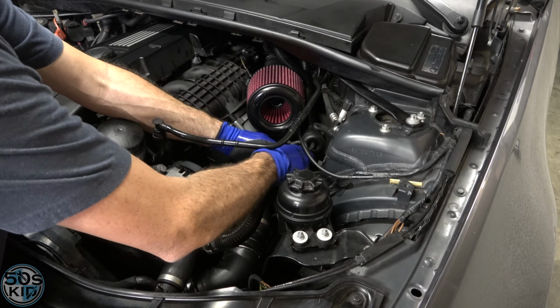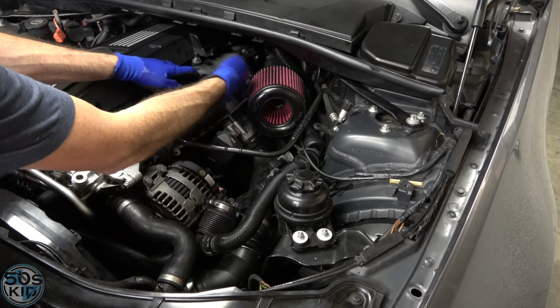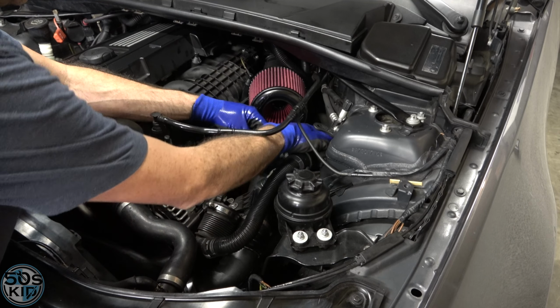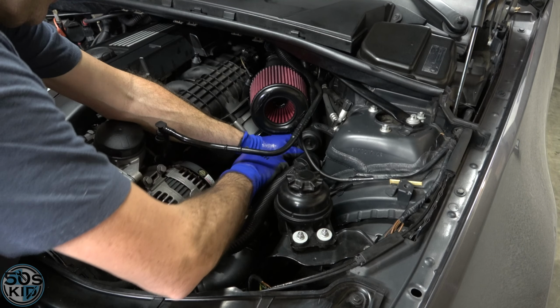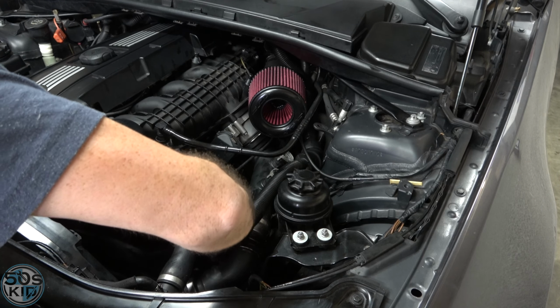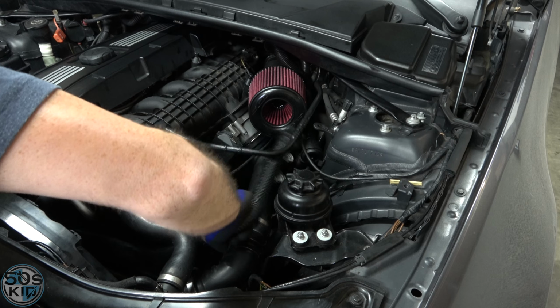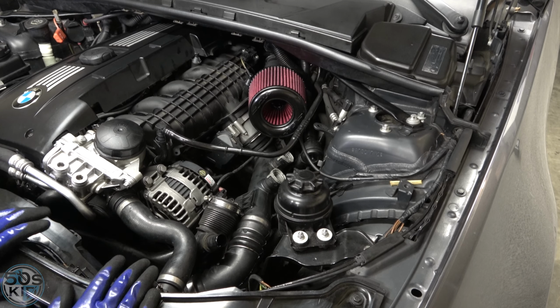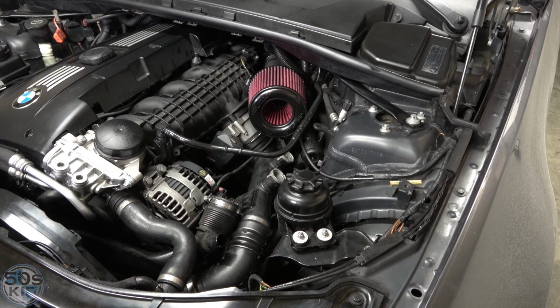Oh, you know what? I think I am going to need to get other stuff out in order to install that vacuum reference, unfortunately. That sucks. Okay, those come all the way off. These are going to come all the way off because we are removing them. We're going to plug them. The kit that I bought does not come with plug-off